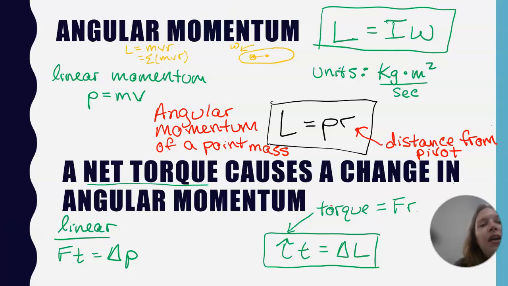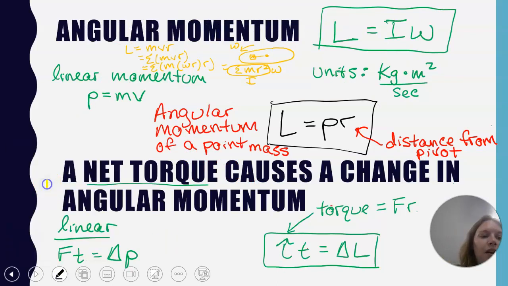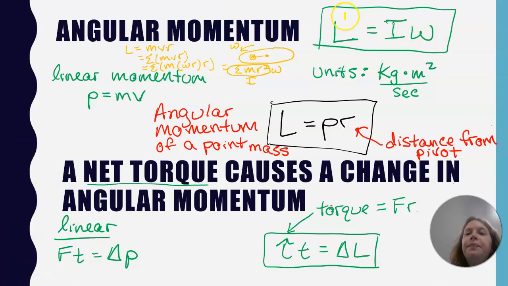And so if we do that and we express v in terms of its angular velocity, because we have something rotating, it would be the sum of the mass times the angular velocity times the radius, which is the linear velocity, again times the radius. So then we get the sum of the mass times r squared, I'm just pulling that out front, times omega. And we know that this is the moment of inertia. That's a little derivation for you. So this is the equation that's in your reference tables, the L equals I omega,